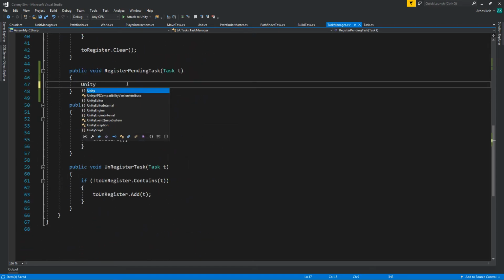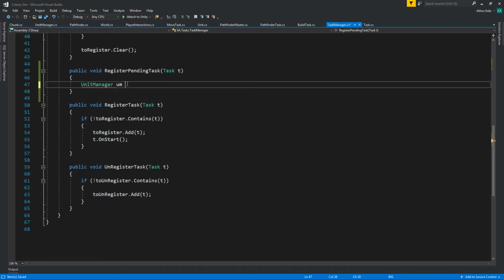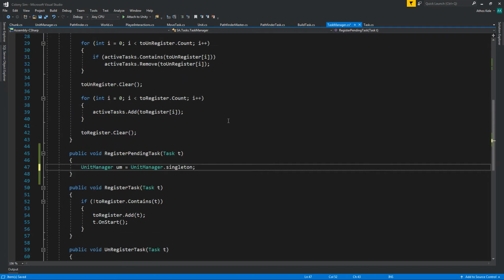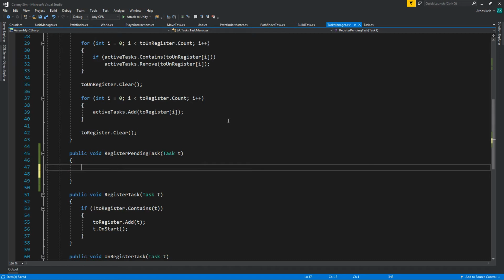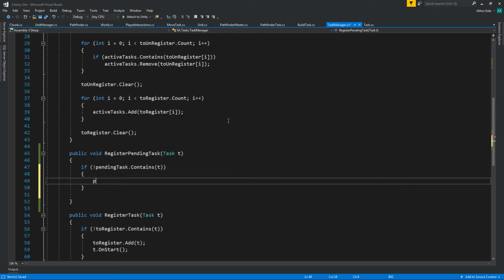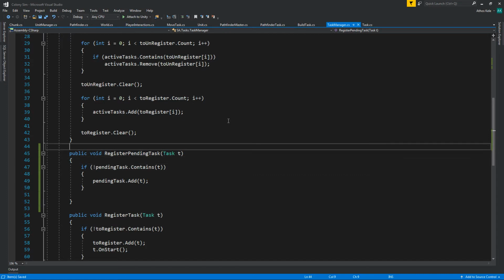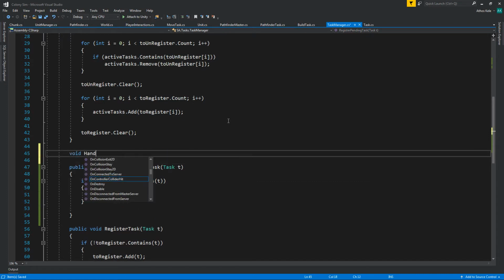Unit manager. Okay. And no, actually no, we don't do this. Let's say if not pending task dot contains t, pending task add t. But let's do a method over here and say void handle pending tasks